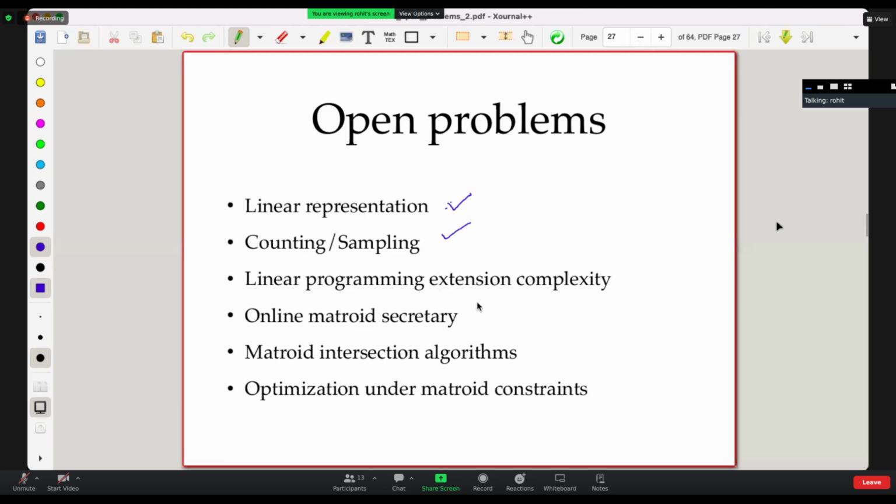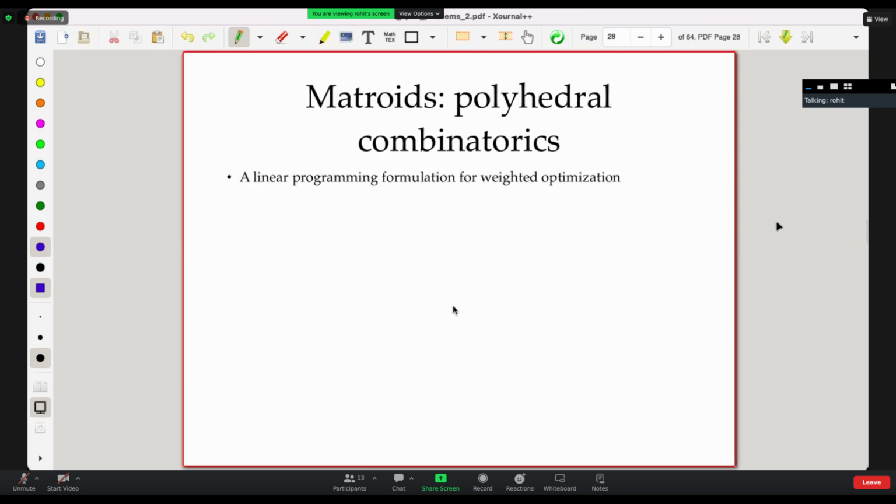Okay, so today I want to talk about this linear programming extension complexity and this online matroid secretary problem. Let me first talk about what I mean. All this area of polyhedral combinatorics, what is it all about? There are natural optimization problems on matroids. For example, you can talk about you have weights on the